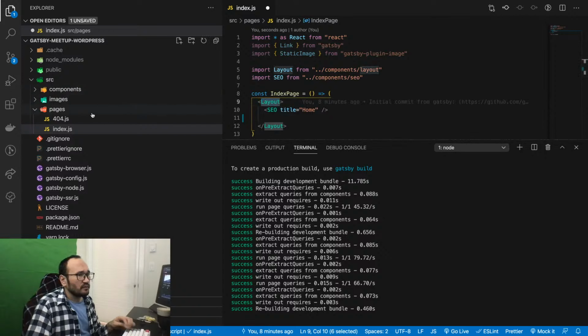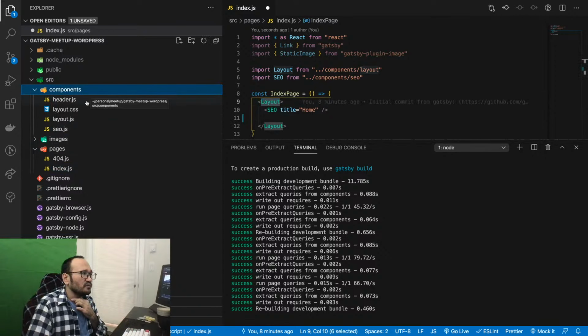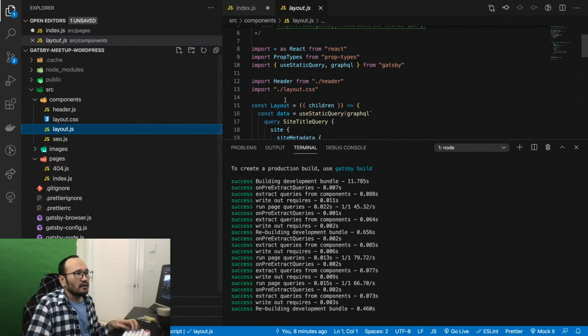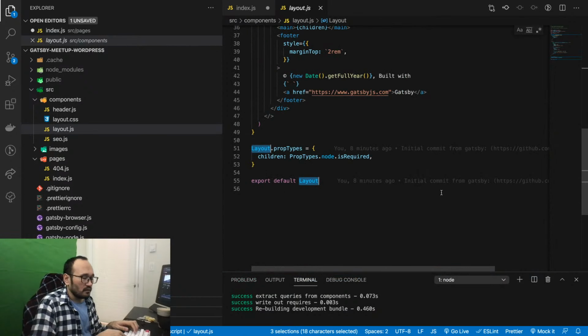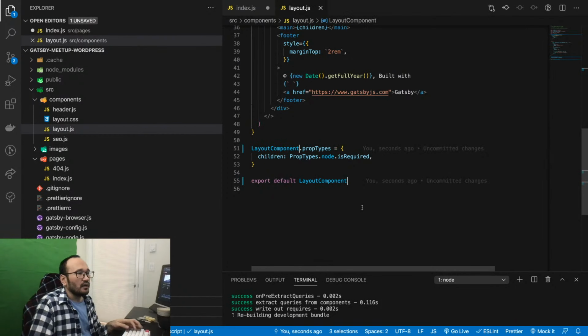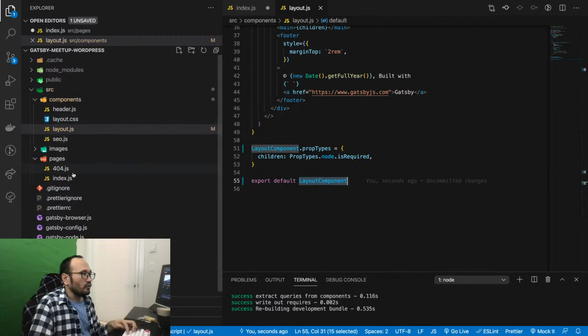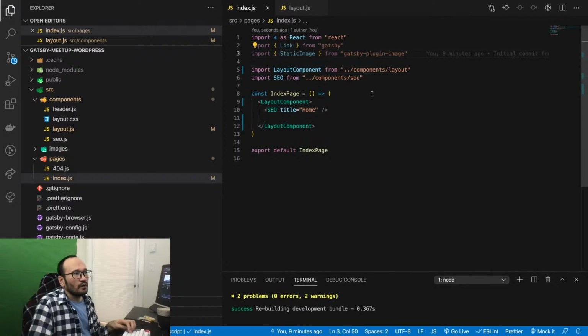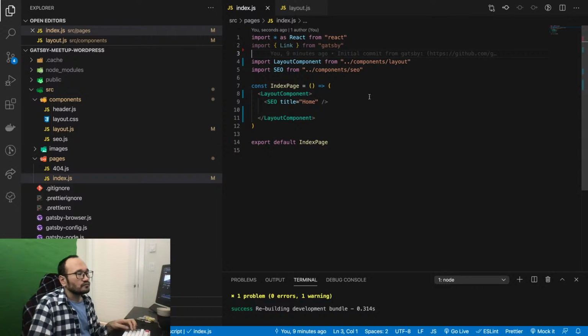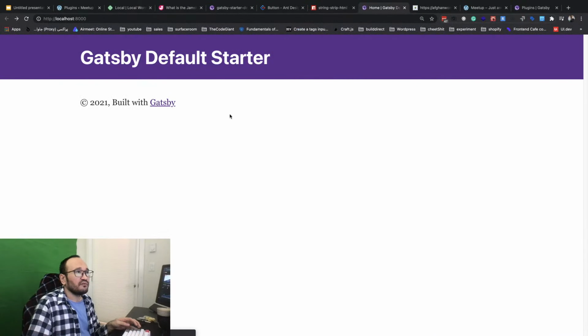Later on, because we want to use the Ant layout, I don't want to use this layout. So I'm gonna just change this name to something else, and I want to pin the layout component. So I'm just gonna copy it and then change this name to that. Okay, I don't need this one. And voila, so let's load the page. So we have everything nice.